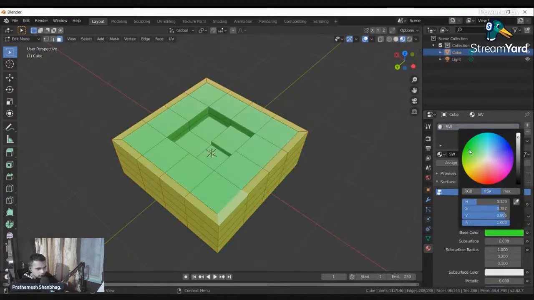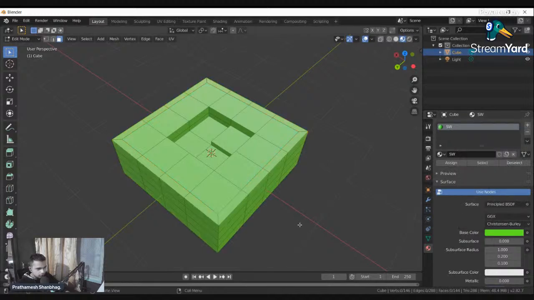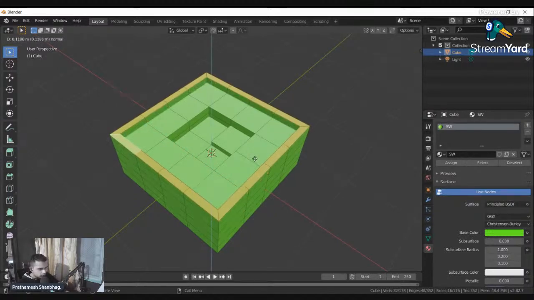Now if I change the color, yep. I think we are in material preview. Yeah, correct, that's fine. I can change the color of these later. What I'm going to do in the meanwhile is just extrude this part only, so that it has like a wall. That's much better.